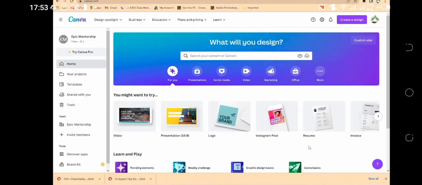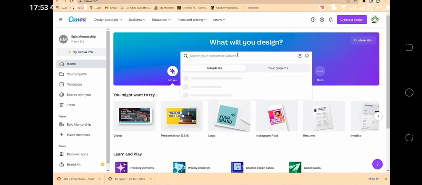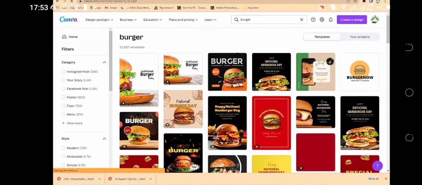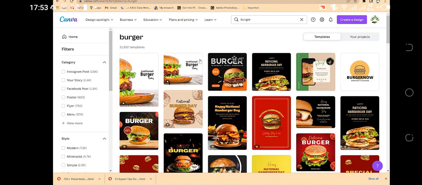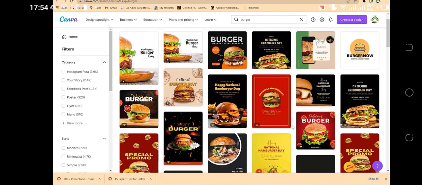Start from a template. You can just think about anything, maybe a business, any shop, any product that you want to design a poster for. For example, let's say we want to target burger. So you can just target burger. For example, we just search burger, and we can see a lot of templates that have to do with burger,